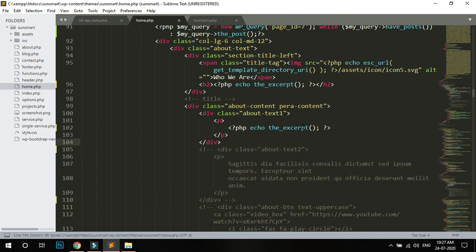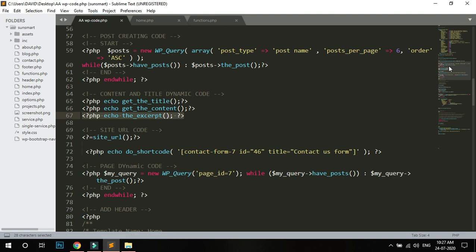Okay, then change the content, and then I need to change the one image.